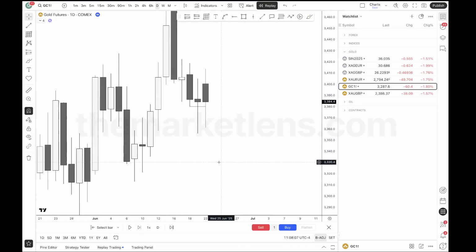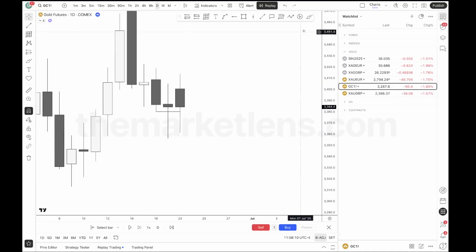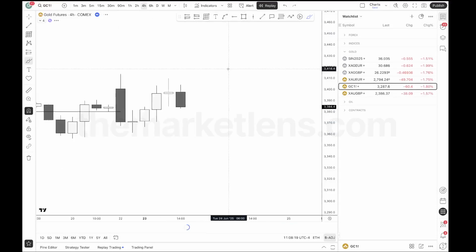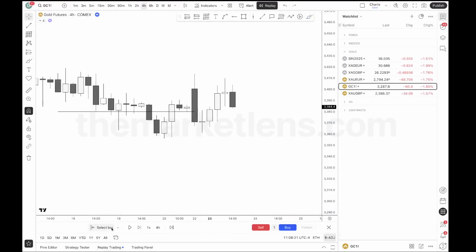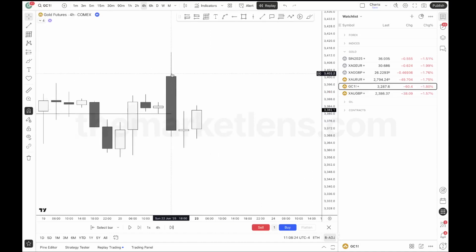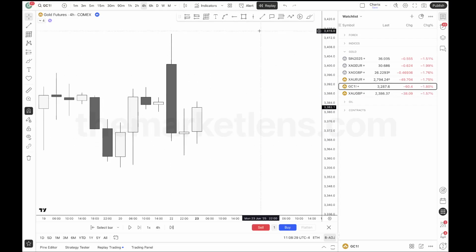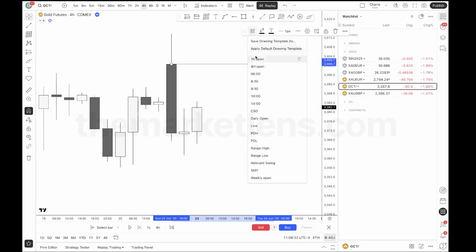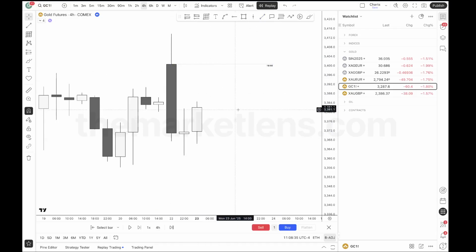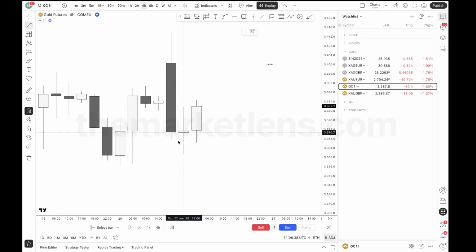So with that being said, what do we want to see this day print like? On a bullish day, we want to see it open low first, ideally, right? So when I drop lower, you see it gapped up quite significantly here. See how price gapped lower because of the war events or whatnot. It gapped lower and immediately traded lower. So here's the daily open with a pretty large opposing run, right? So when I see this, I adjust my targets. This does not mean I cannot be bullish. It just means I have to adjust my targets. I just cannot expect an expansion day. That's as simple as that, right?